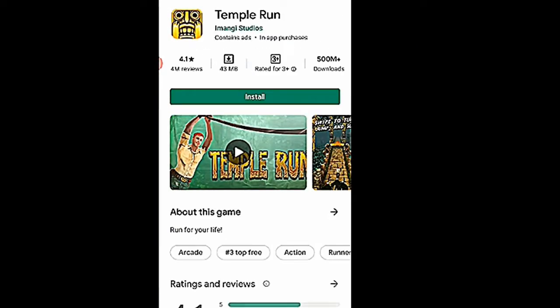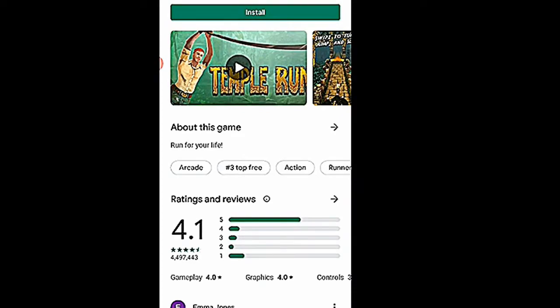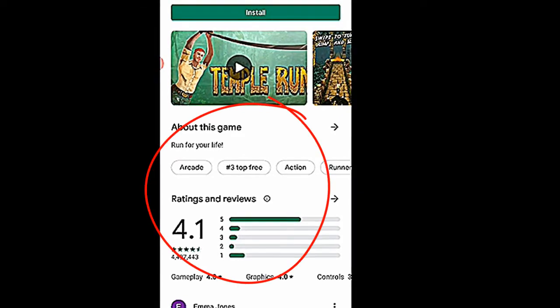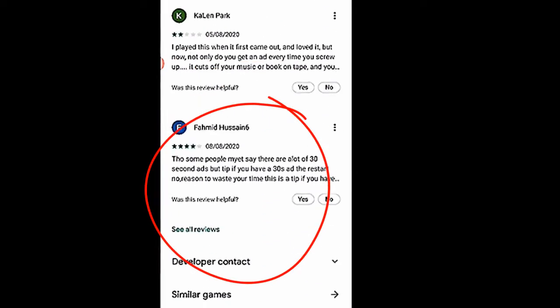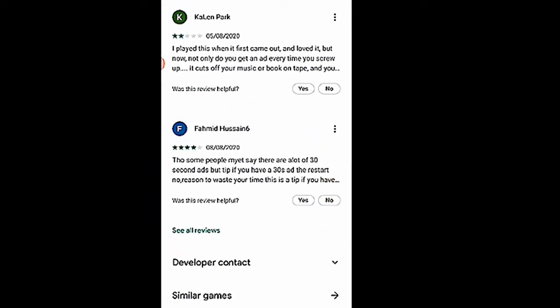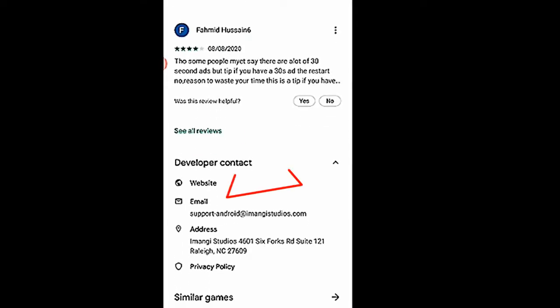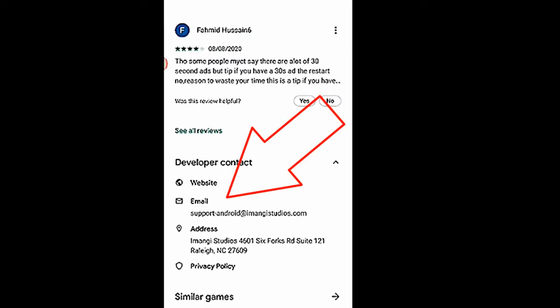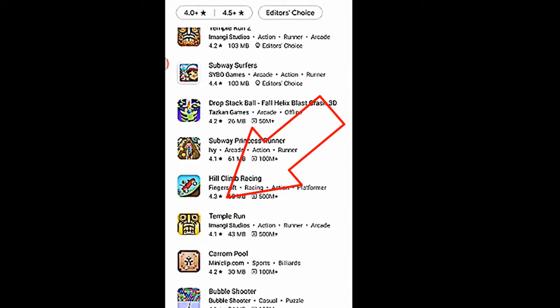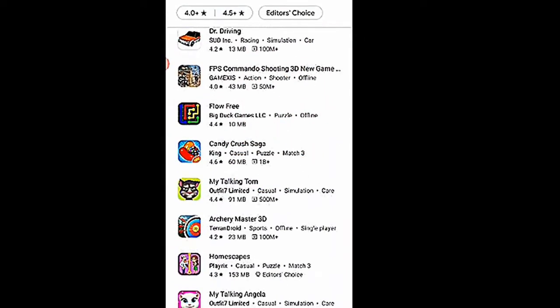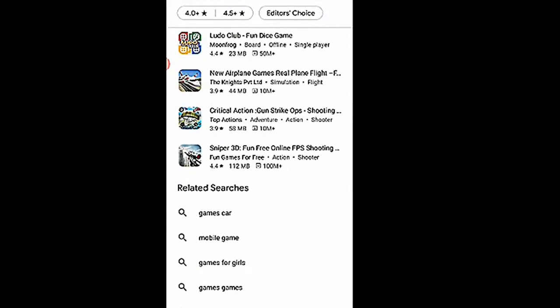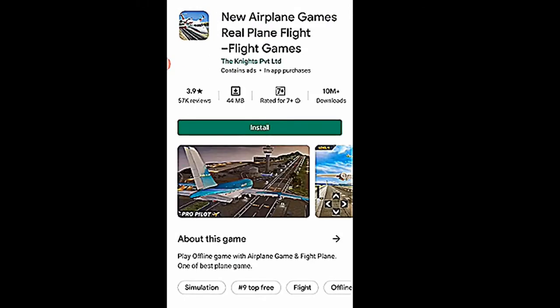Then you go to another app, for example Temple Run. Go to the ratings and reviews, 4.1. Then scroll down. There are some people who have already written reviews about this app, and you can click and read all the reviews if you want. Here you go to developer contact. See, the address is clearly given. Let's try another.